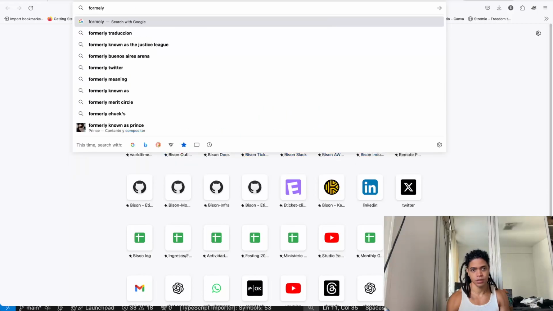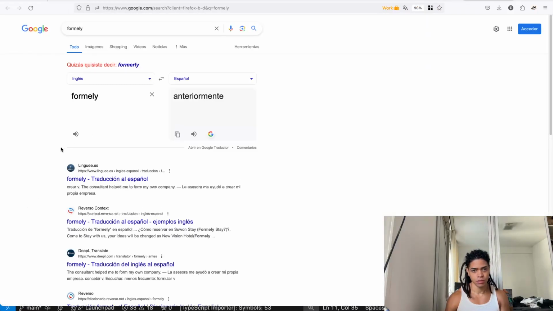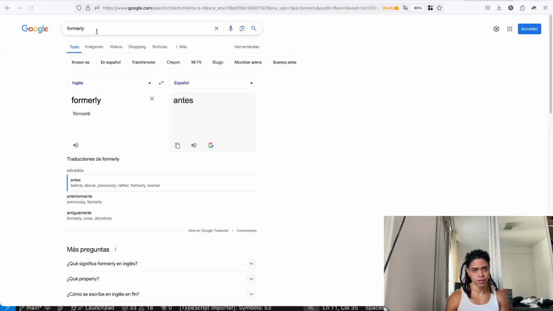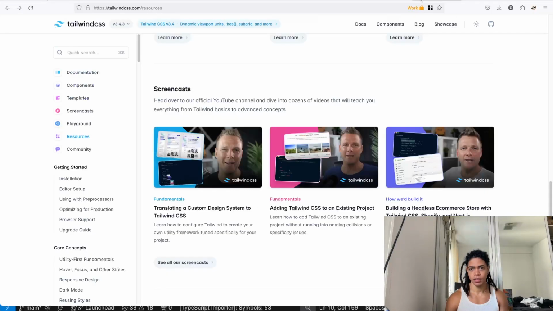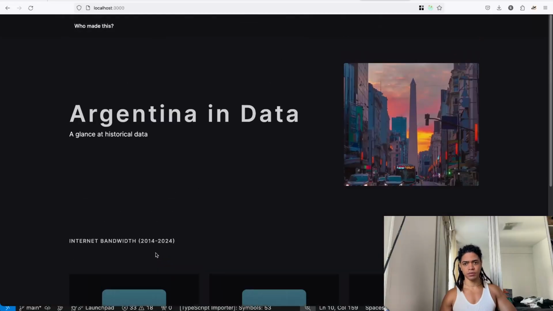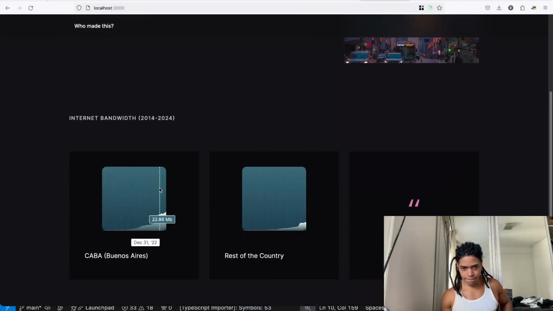Formerly Twitter. And there you got it. Pretty straightforward. It's like this. Argentina in data. Okay. A glance at historical data.